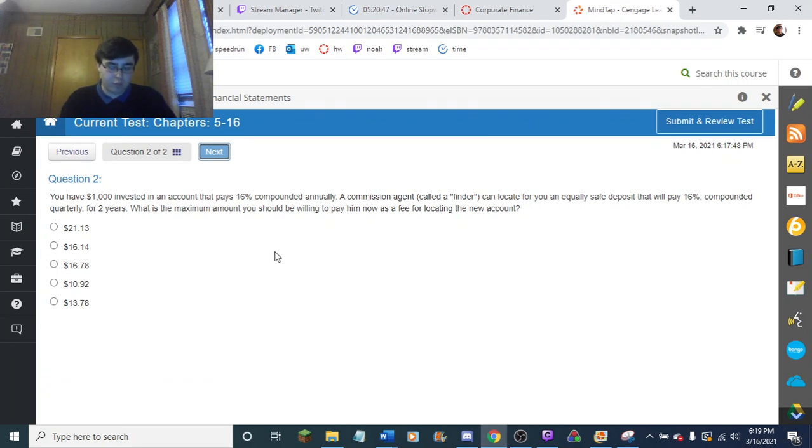it's compounded quarterly, so you do 16 divided by 4 is 4 for interest rate. And since it's for 2 years and it's quarterly, it's 2 times 4 is 8. And then the present value is 1,000 negative. So compute, and you get 1,368.57, and then